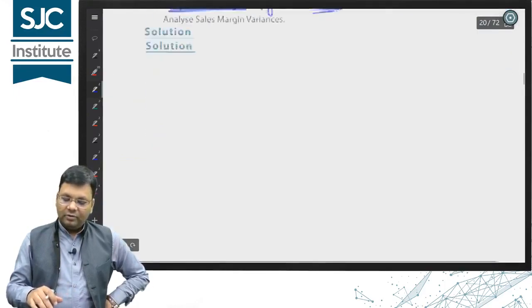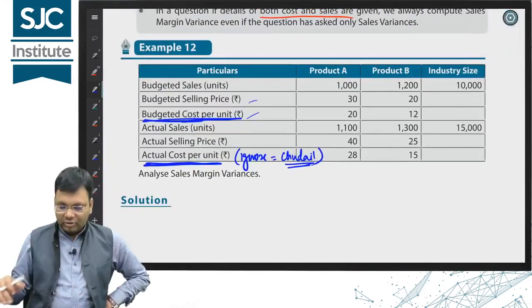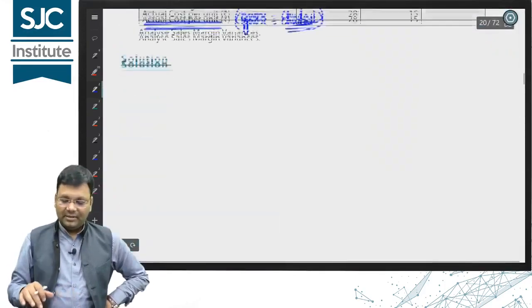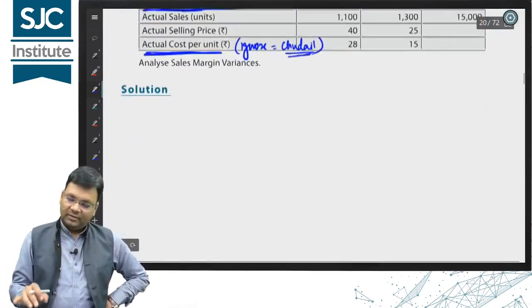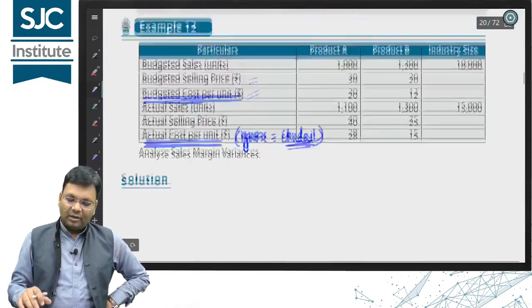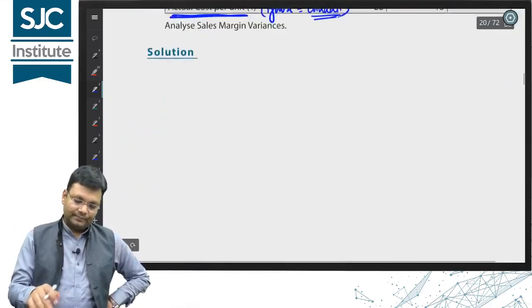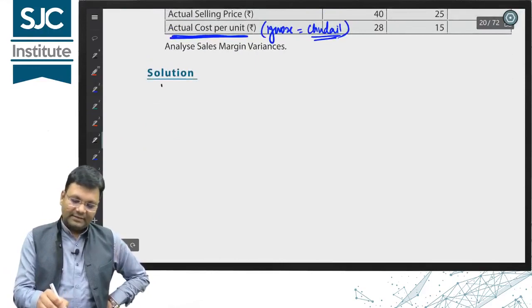Practically we have to solve and then analyze, so you won't be able to do this full sum in this small page. If you want, you can solve directly in your copy, or you can do calculation here and write comments in your copies later. Comments I'll make you write, don't worry. But first let us start profit card.